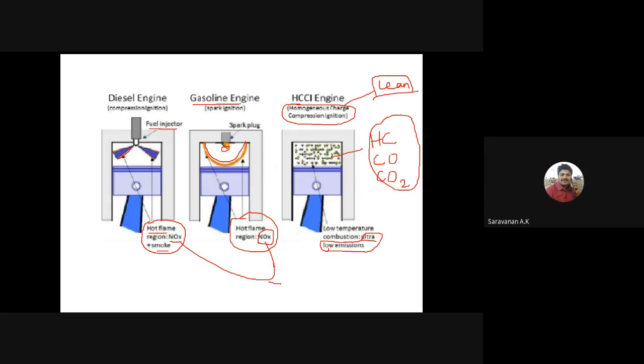Here we are not using any spark plug or fuel injector, right? If we are using the spark plug or fuel injector, then we get the hot flame region. In that hot flame region we get the NOx, so the emission will be somewhat high. But in this HCCI engine, we are not using any spark plug or fuel injector, so the hot flame propagation will not be there. For this type of engine, we have to give some lean mixtures. So what will happen if the lean mixture is compressed? That lean mixture will easily auto